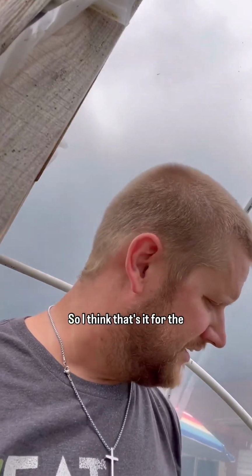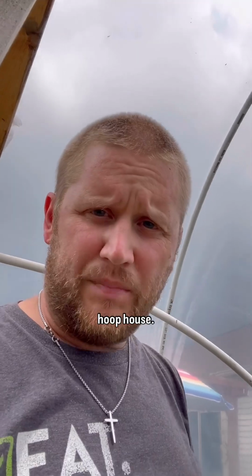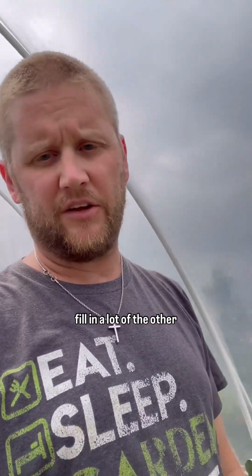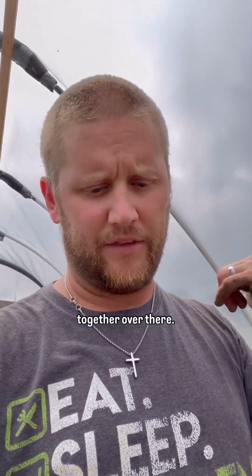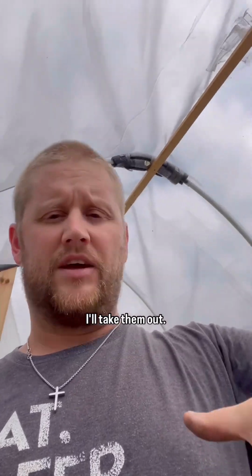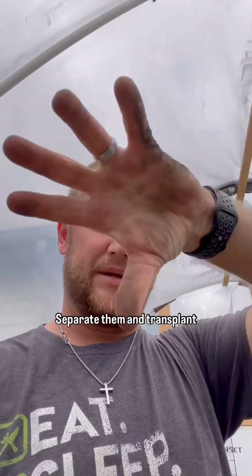Let's go do cleanup, put my rake away. So I think that's it for the hoop house. We'll get this stuff going. Those cabbages are gonna fill in a lot of the other spaces. I got them all clumped together over there. That's okay. As they grow nice and tall, I'll take them out, separate them, and transplant them where I want them